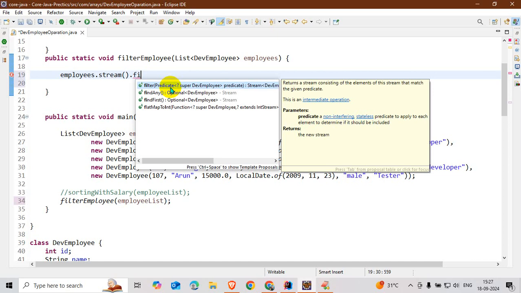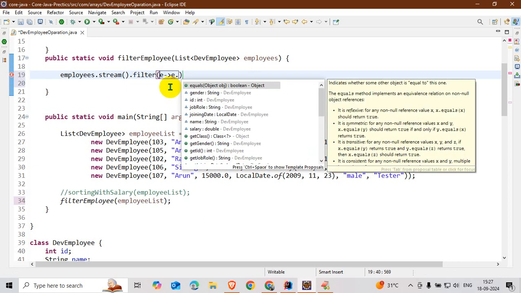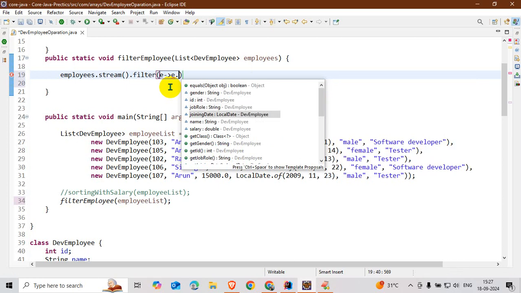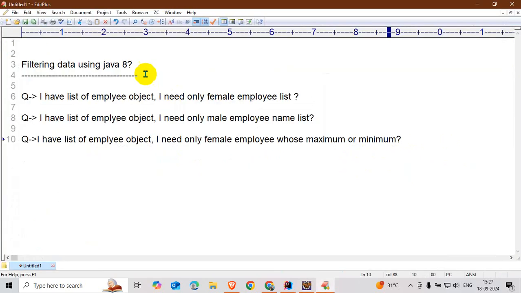So I call the filter method, and here I write a lambda expression that takes one argument and returns a boolean.